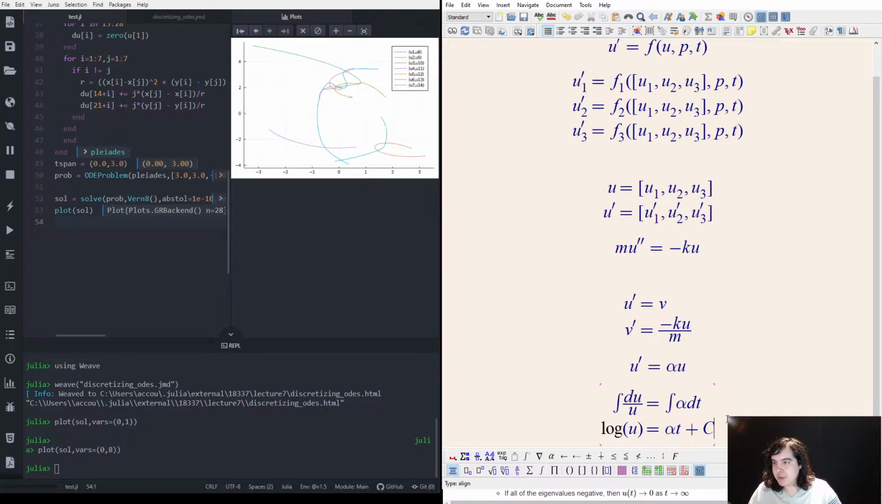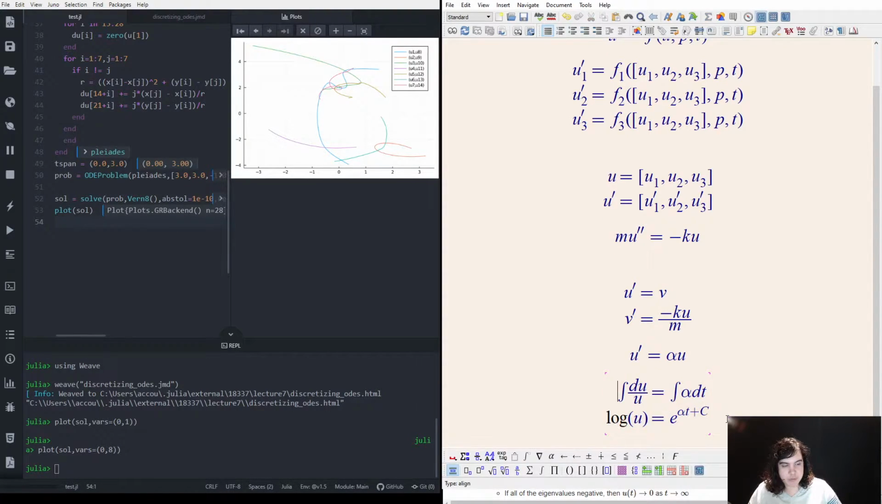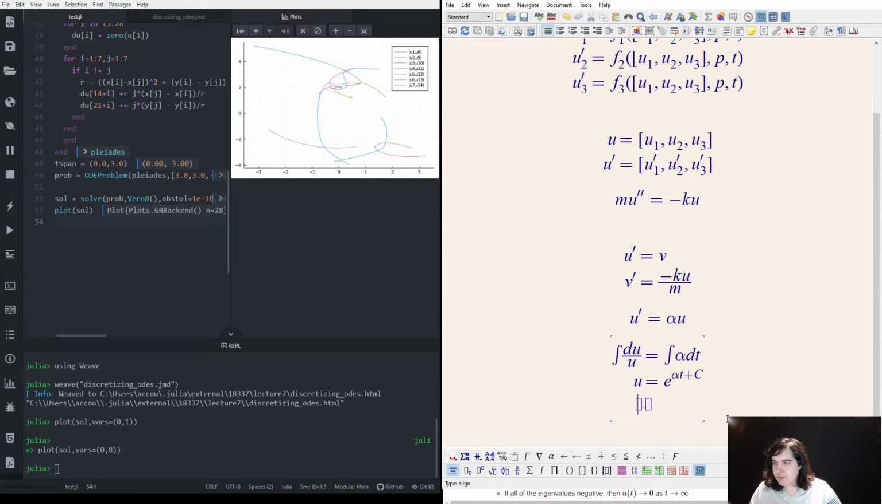I want to isolate u. I have log of u. Well, I take the exponent of both sides. So I want to do e to this guy. I want to do e to the log of u. And e to the log of u is just equal to u, right? So there you go. Well, this doesn't look quite right yet. So what I want to use now is the property of e. So I want to say that u equals e to the alpha